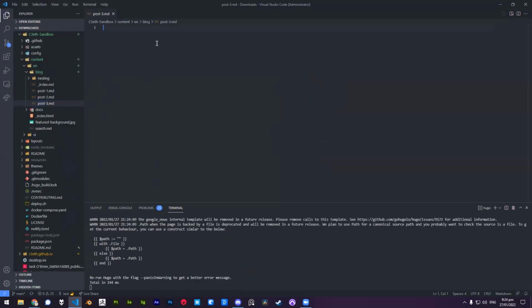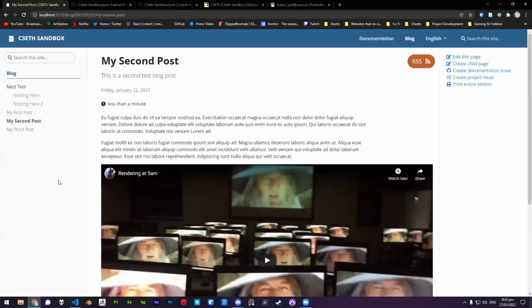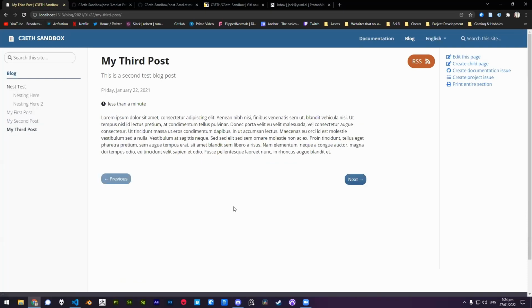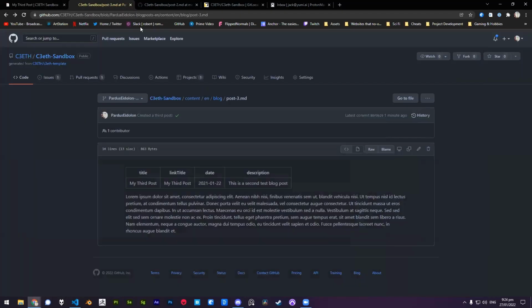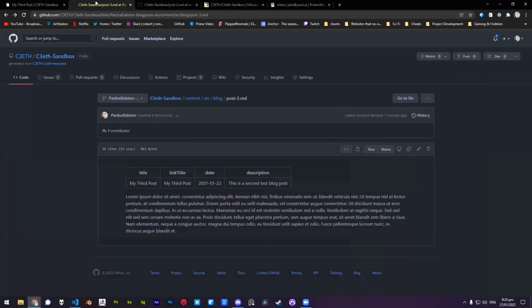Copy that into here, save it. And if we jump back over into this, we can see my third post would have shown up. And this is what it would look like once we go through that discretionary process of trying to filter out the typos or the content, necessarily, what it is that we want to put into the main website. And that was the whole point of separating it out into a pull request, such as what we've done here